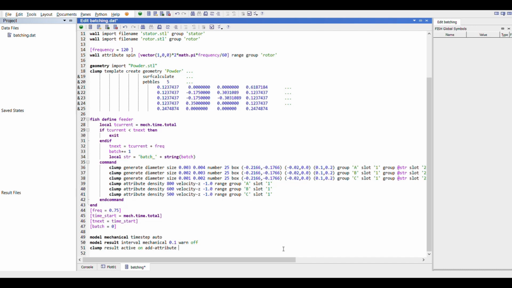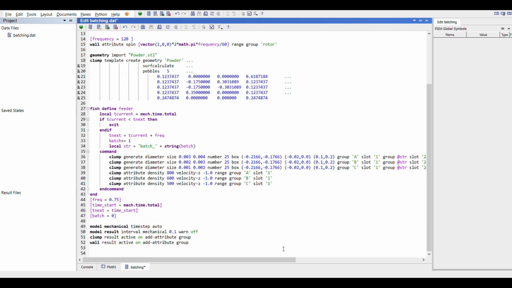So each and every time the PFC cycle completes, we need new clumps or new ingredients to be generated. For that, we will add the function which is generating the powdered material or the ingredient in the cycle of the PFC. That we can do by using fish callback and add the command at cycle minus 9.0.